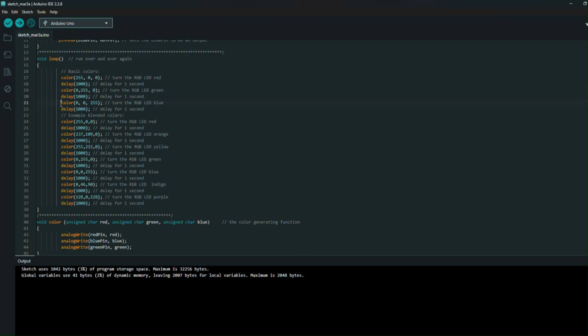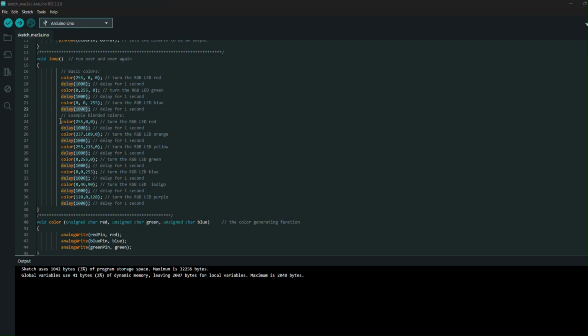For the blue one, we'll first call the color function. We set the value of red and green to 0, meaning fully turn off, and for the blue one, 255, this will output a fully turn on brightness, and then a delay of 1 second.